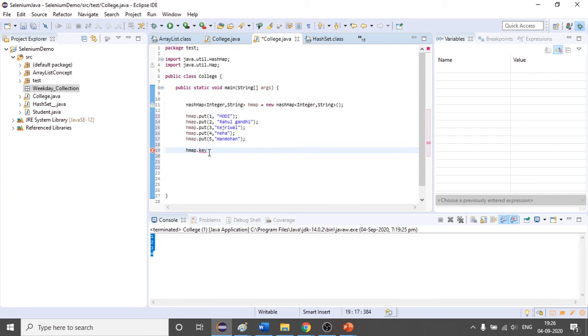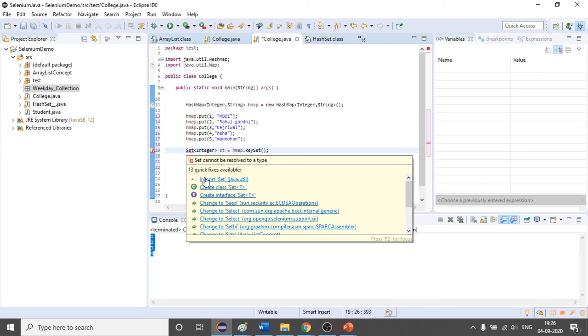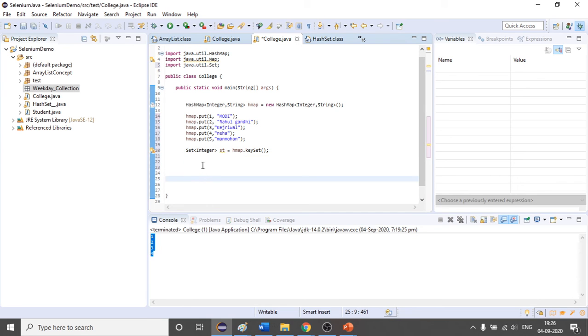So what will happen if I use keySet? I will write Set, and now with the help of a for each loop I can write.